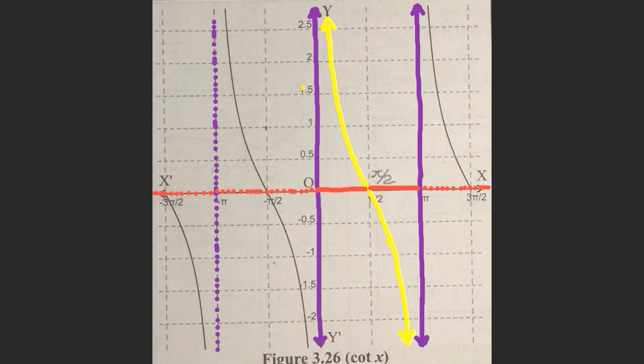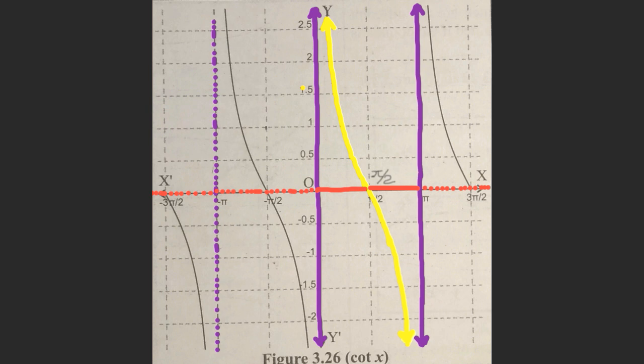Next property says that this function is not a bounded function because the graph of cotangent function tends to positive infinity or also it tends to negative infinity. It means it is not bounded. Therefore, the function is not a bounded function. Similar to other functions, cotangent function is also a many-one function because for many values of x there is unique y.